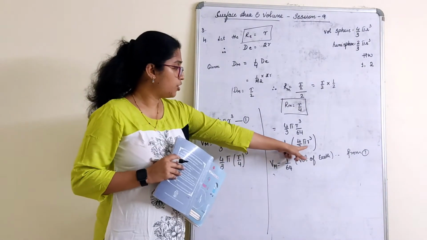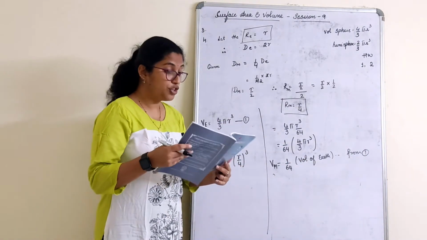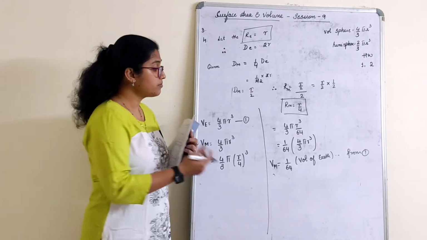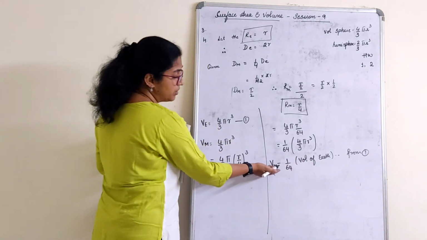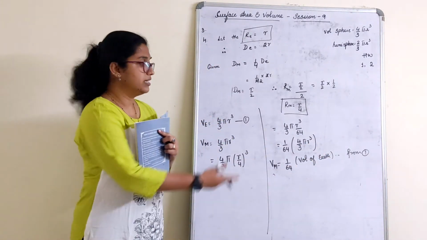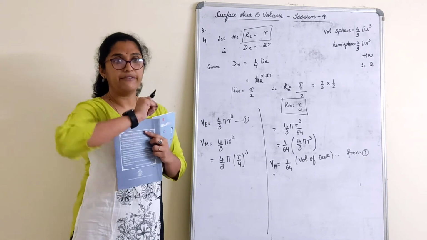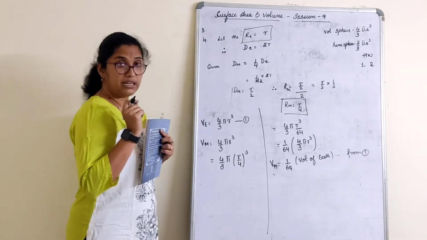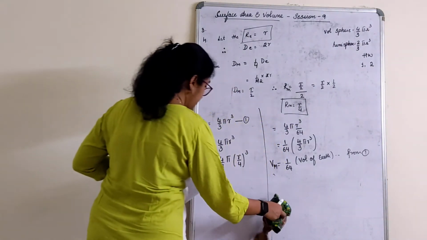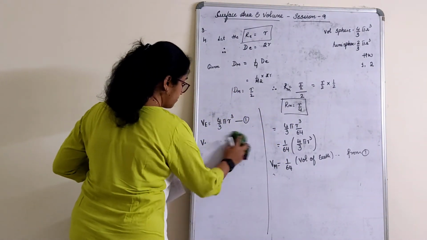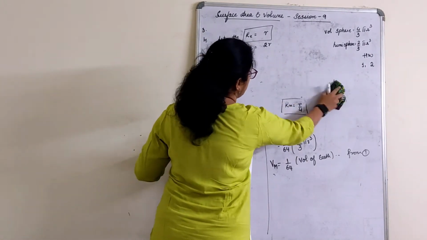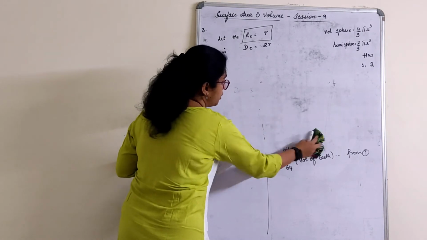This is the volume of the earth formula. Therefore, you can give the conclusion as: what fraction of the volume of earth is the volume of moon? The volume of moon is 1/64th the volume of earth. Just give the conclusion in words, in writing. Very clear about this? We'll go with the next one. The same sum you had for surface area in the previous part, and now we have this with respect to volume.